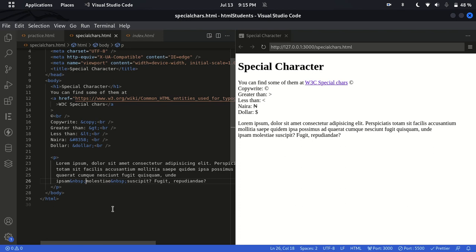Apart from that, you can also use it to add more spaces. For example, if I add more spaces and press Ctrl S, my specifier, which I use to enforce my coding style, automatically removes them. Even if it is not removed, the browser will treat all these spaces as one. If I just press Ctrl S, you see